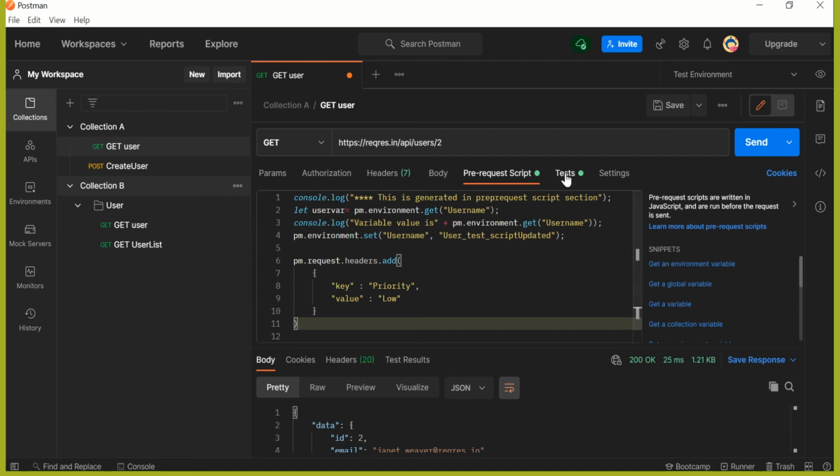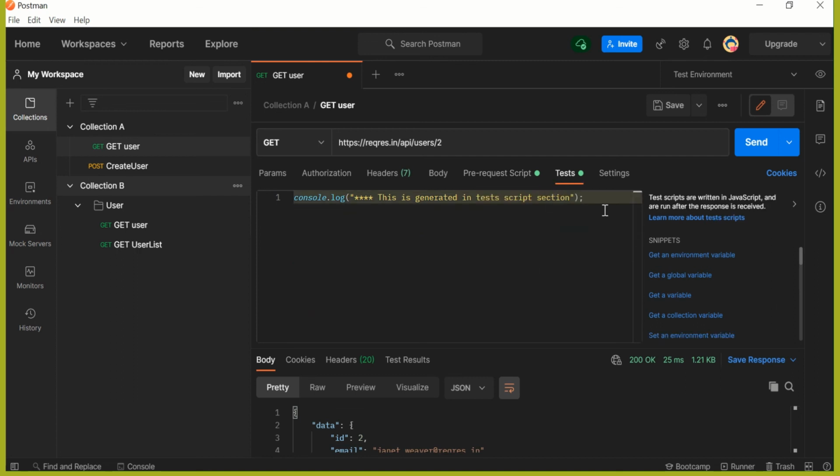So in a similar way we can also have different ways of accessing the response object in this test part. We can output the payload, we can print any particular part of a payload. So those things also we can do here. So you can try printing the response payload in this console log in this test section, and you can see it yourself how it works. So I hope this small introduction to scripts is useful to you, and you can try writing a few scripts in the pre-request or test script section, and that will give you the confidence that it requires to write those scripts.